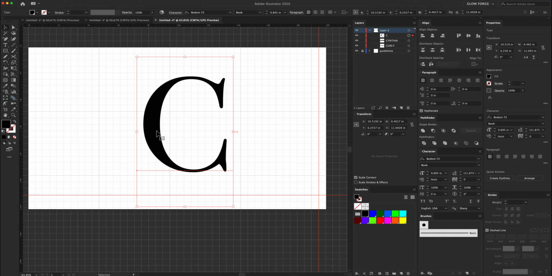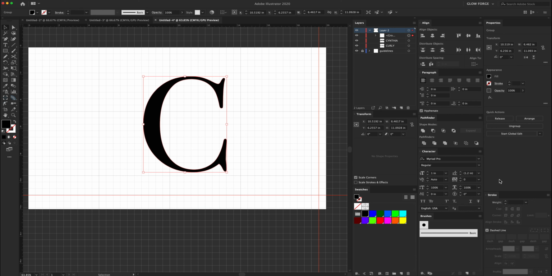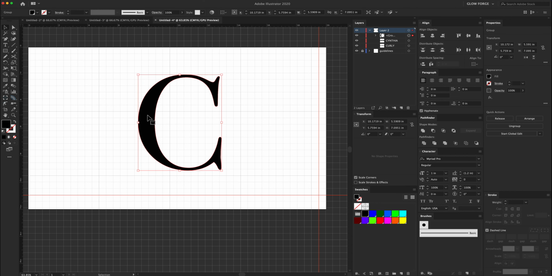The next thing we're going to do is turn this into a path line, so we have to go to create outline. So we created an outline. The next thing we have to do is cut this letter in half. To cut this letter in half, we're going to have to go here to the line segment,